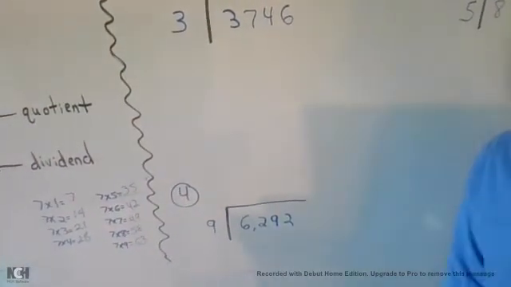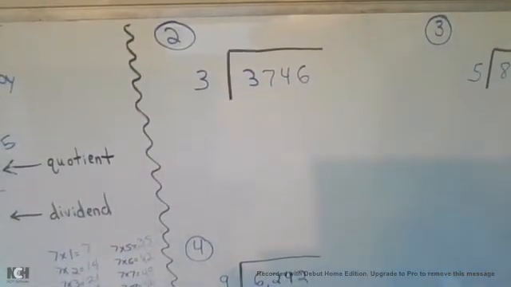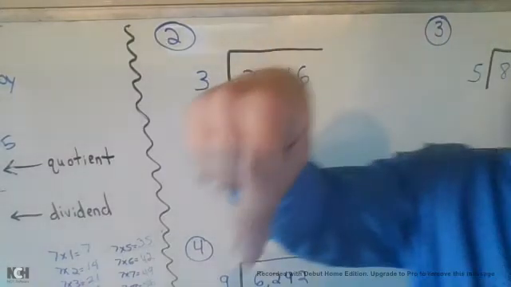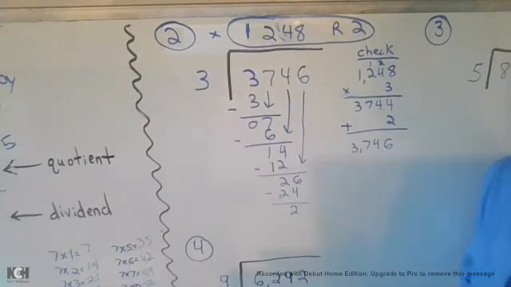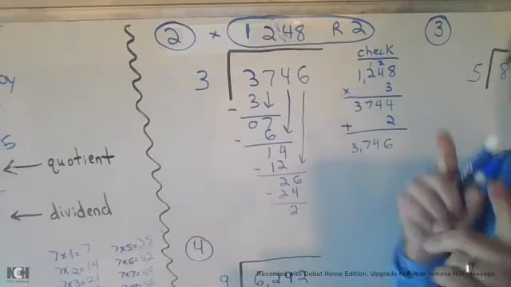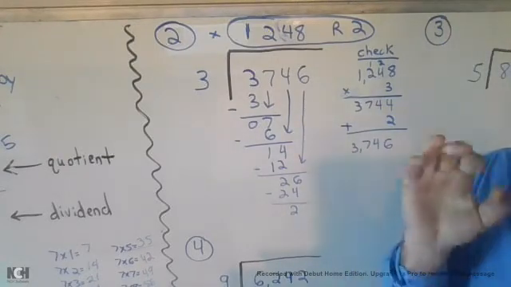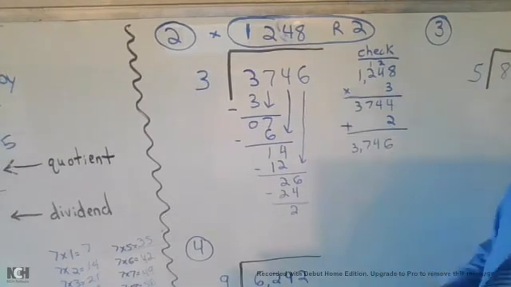All right, so number 2 that you're going to do is 3,746 divided by 3. Go ahead, hit that pause button, and give it a shot. Okay, so the answer that you should have received, and it's okay if you didn't, because you hopefully will identify your mistake if you didn't receive this, but it's